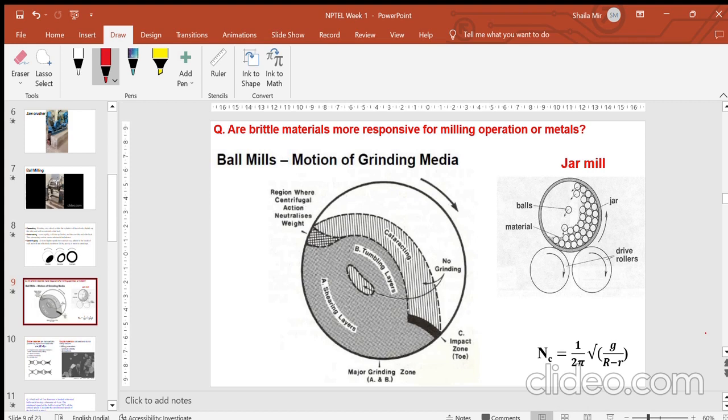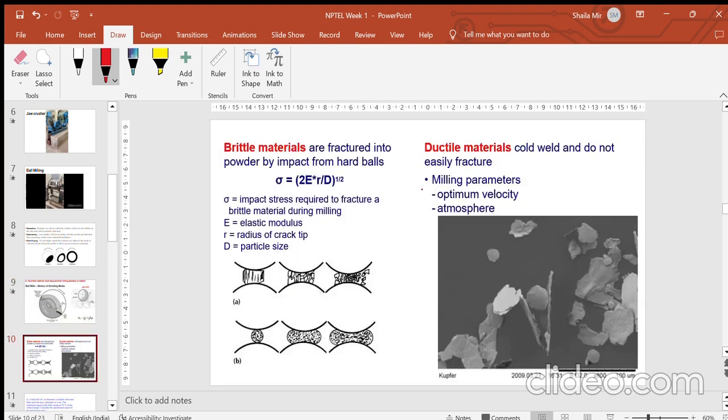break down, while for metals the response will be slow because it will tend to first flatten out. The flattening of the material will help in cold welding of the two metals, and then we can think of production of the powders or production of components from powder metallurgy. So overall the response of the brittle materials is much higher as compared to the response of the metals towards milling. You can see this in this diagram,